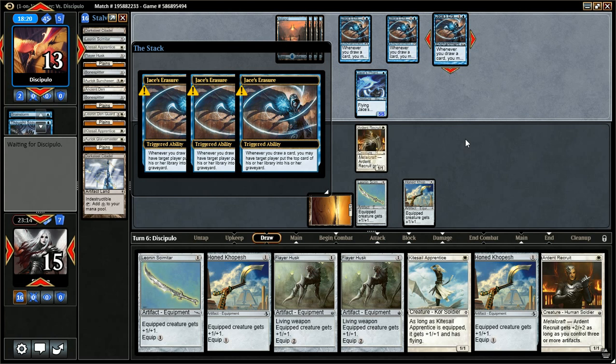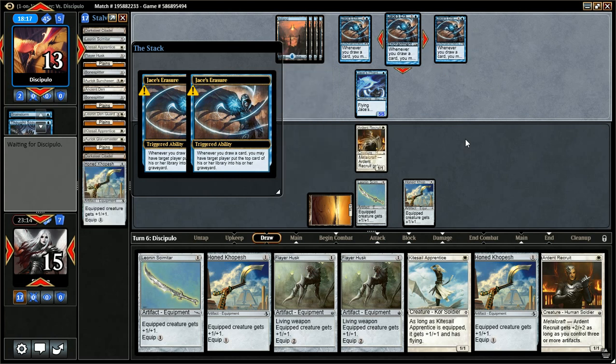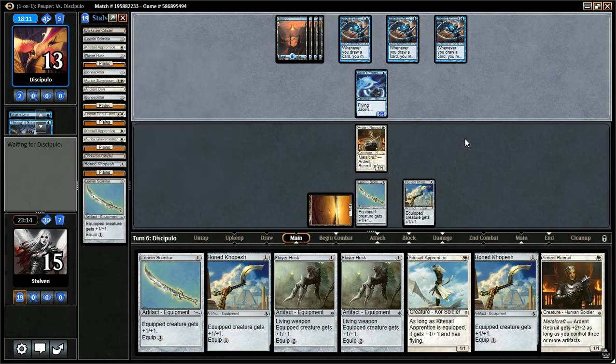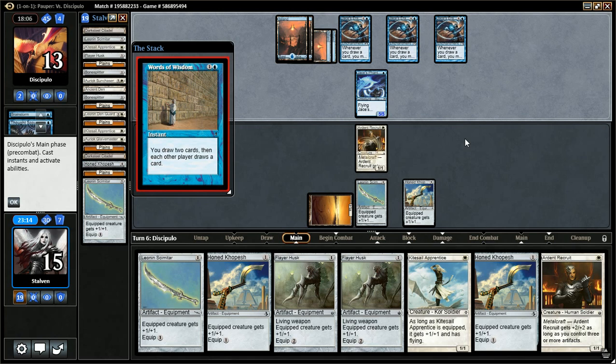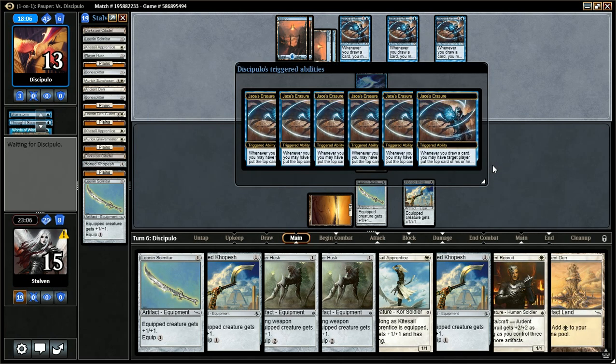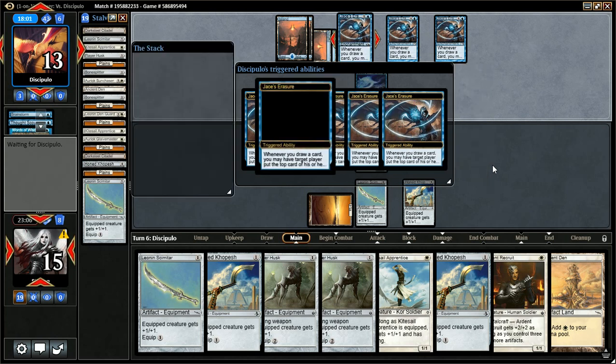I realize there's probably some people out there that don't know. Well, let me start over. Pauper is sometimes a gateway format. Somebody that's new to Magic, they have friends that play Magic. You know, they want to start out. Draw 2 cards, then each player draws. Okay. Anyway, as I was saying, a lot of people start off playing Pauper when they have Magic friends because